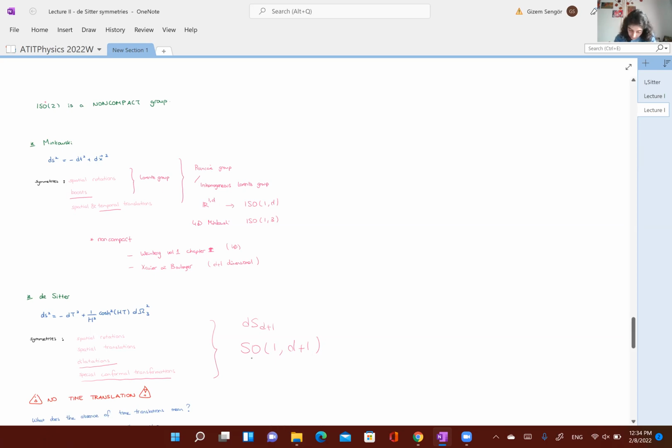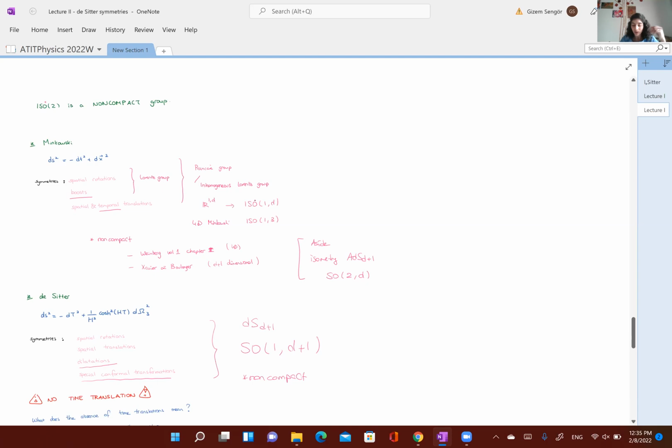Now, this is also non-compact. It is also a Lie group. If you look at it, aside, I believe the isometry group of AdS_{D+1} happens to be SO(2,D). Now, all these groups, ISO(1,D), SO(1,D+1), these are all Lorentz groups, but they're Lorentz groups of